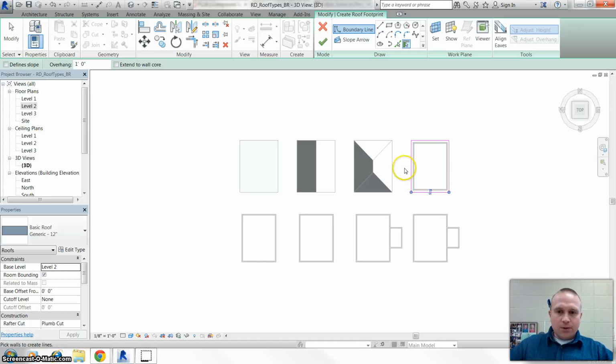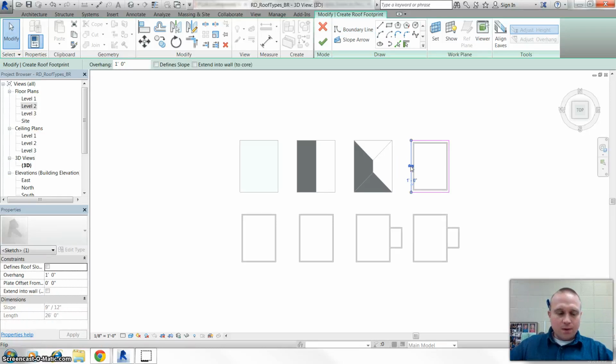In this case, I'll hit escape a couple times. We're going to want to have these two walls define the slope. So I'll select that, I'll hold down Control, and I'll select the other wall. Select Define Slope. I'll change the slope down here, and in this case we're going to make it a 16-inch to 12-inch slope. And so I'll click Apply,